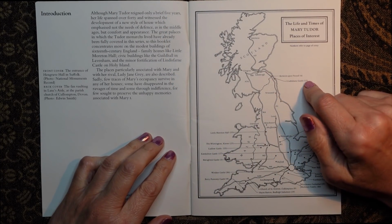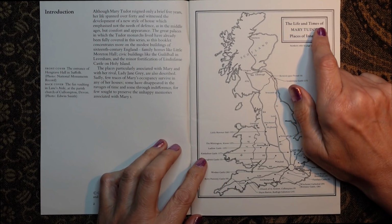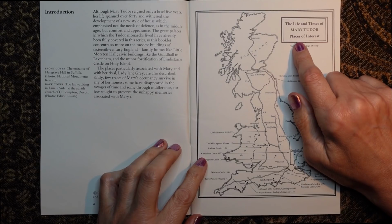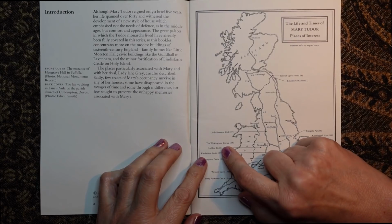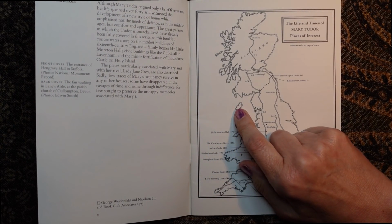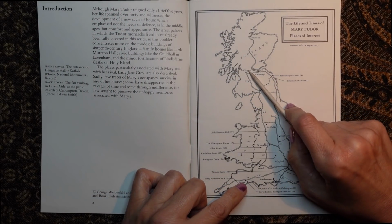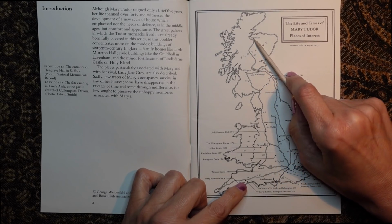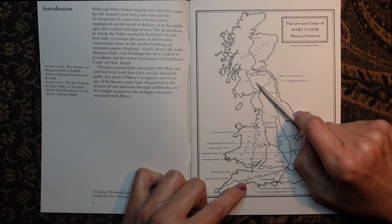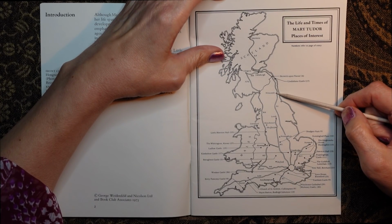So on the right hand side we have a map. It says the life and times of Mary Tudor, places of interest. So up here we have Scotland. Now I have a little pointer so I can point places out to you. So here is Glasgow, Edinburgh, there's Inverness, and then we're down to England. This is Newcastle,